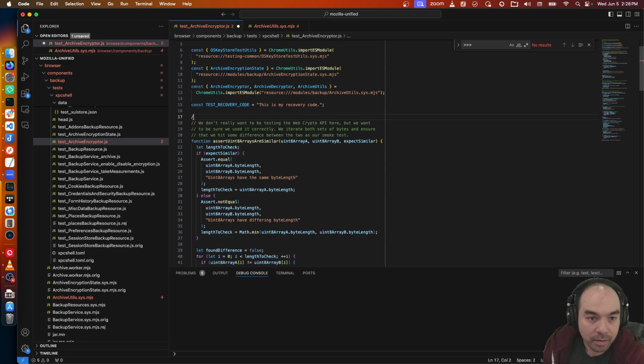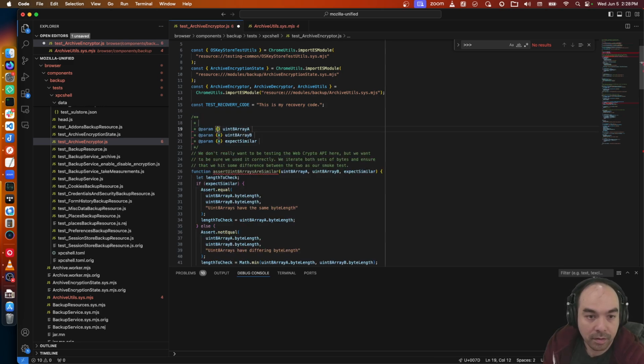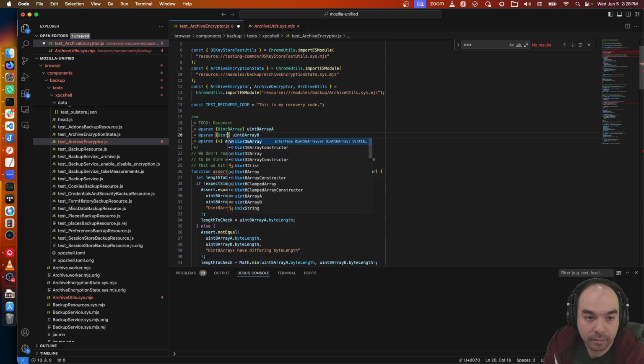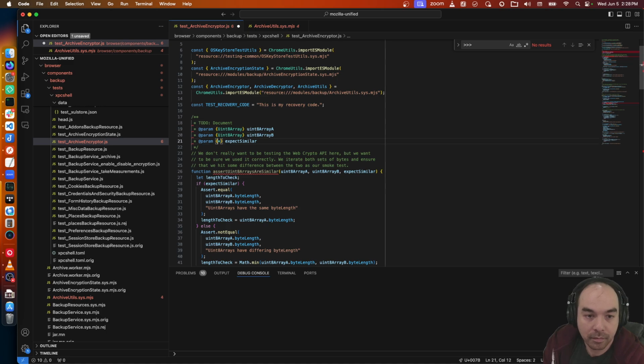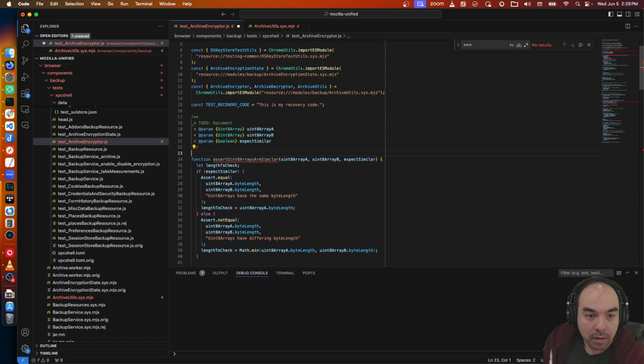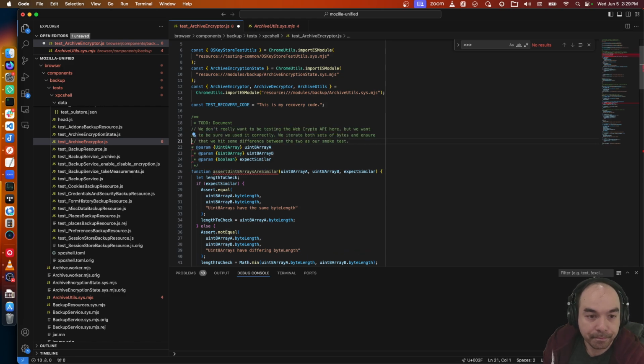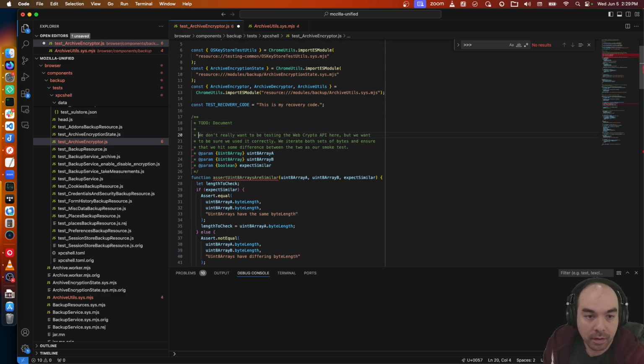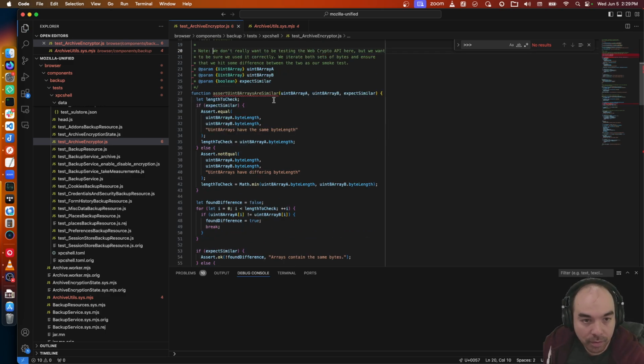To do, document, boolean. No, something like that. I'll fill that out later.